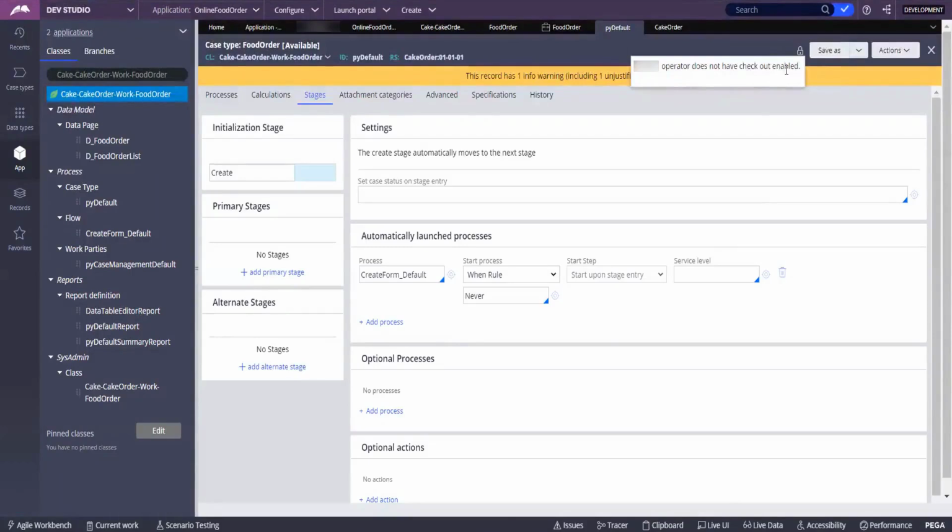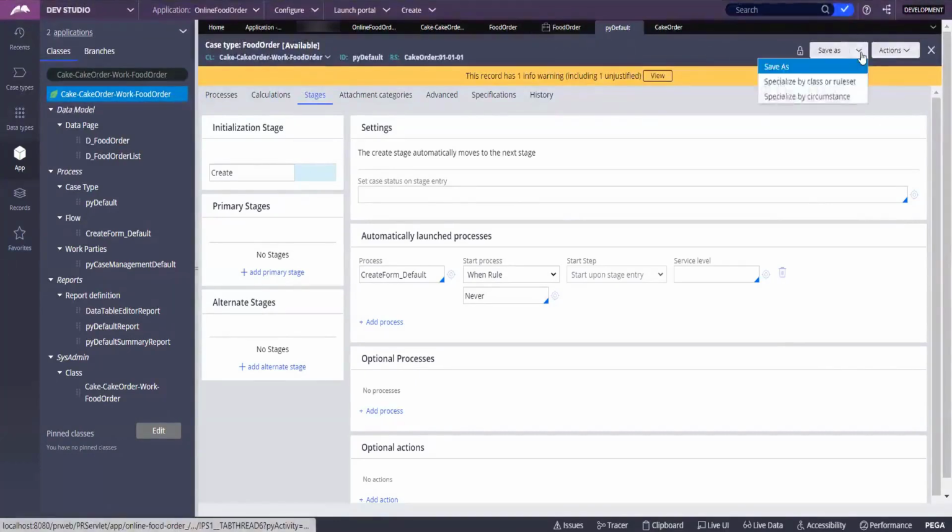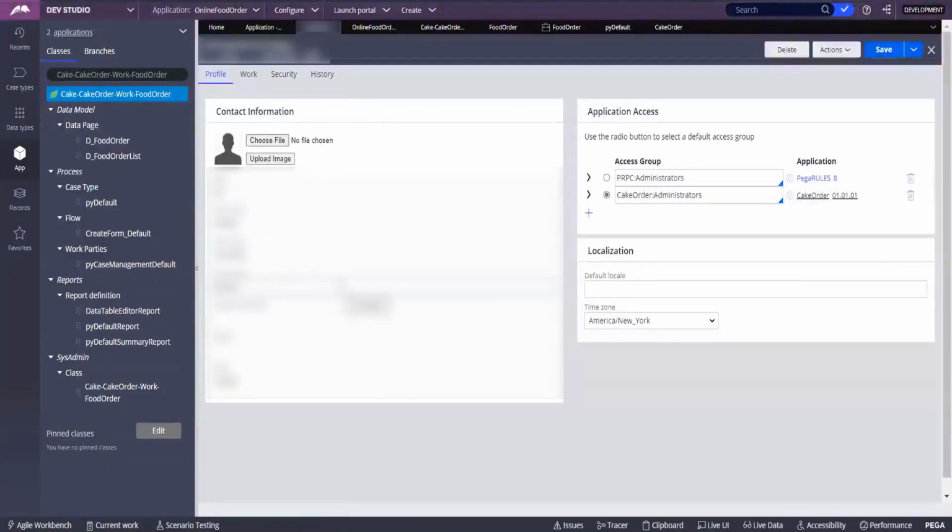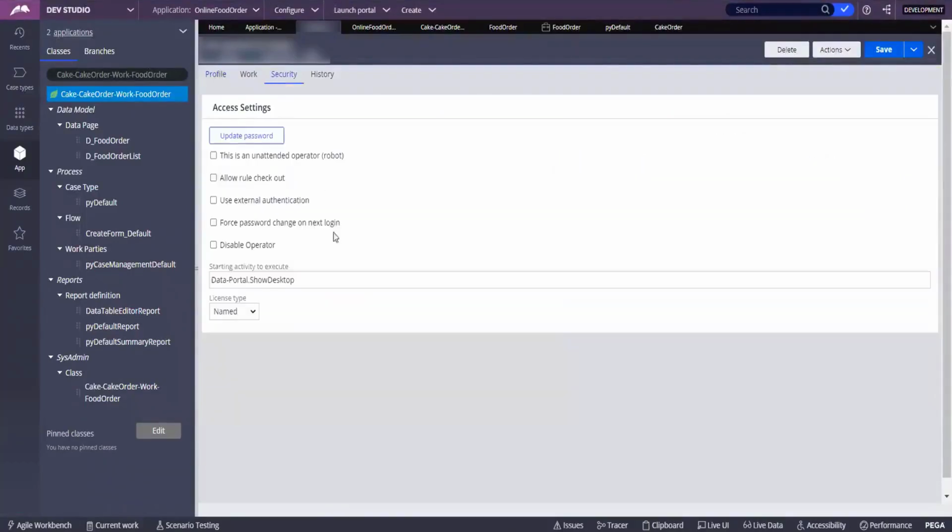Okay, go to your operator. Third tab. Now go to security. In your operator, you enable the rule checkout checkbox, the second one.